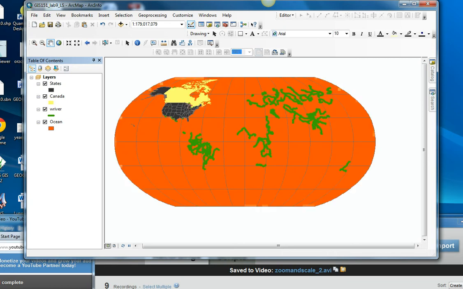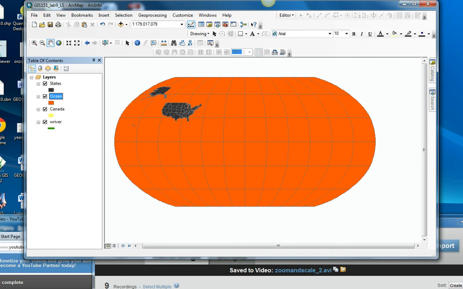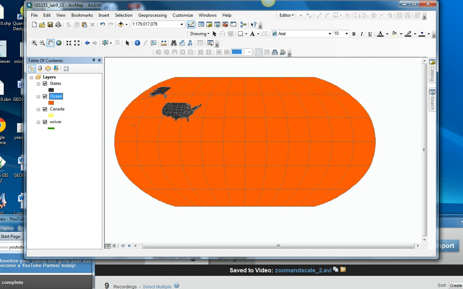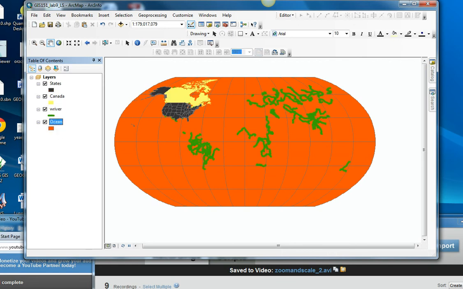So right now the ocean layer is underneath the river layer, but if I move the ocean layer above the river layer, you're not going to be able to see it unless I turn the layer off. The other thing you can do with this that you can't do with WebGIS is you can actually change the